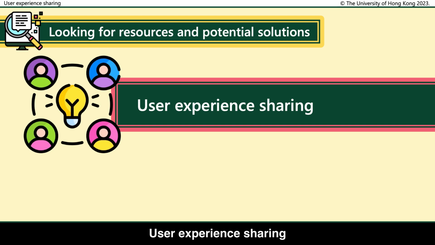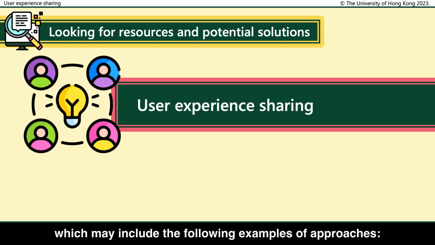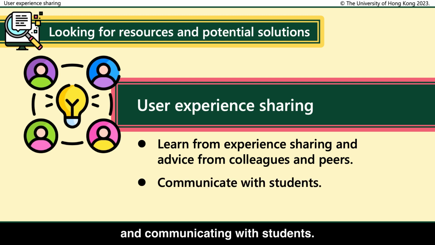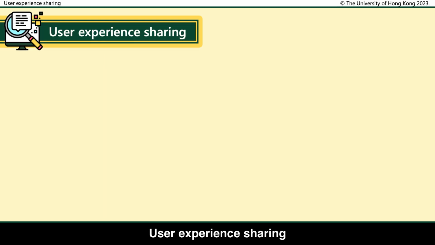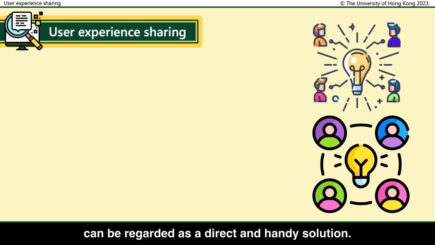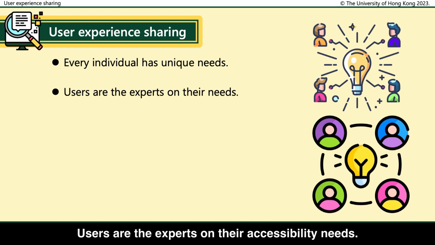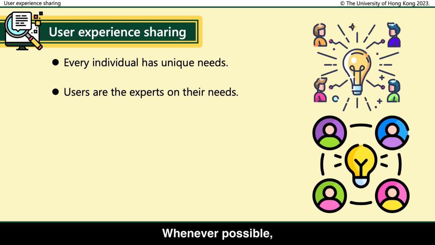User experience sharing, which may include the following examples of approaches: learning from experience, sharing, and advice from colleagues and peers, and communicating with students. User experience sharing can be regarded as a direct and handy solution. Every individual has unique needs. Users are the experts on their accessibility needs. Whenever possible, it would be good to seek the experiences and advice of students who require accessibility arrangements regarding potential